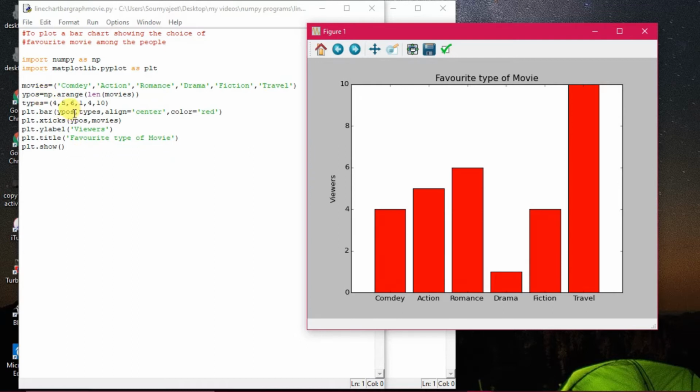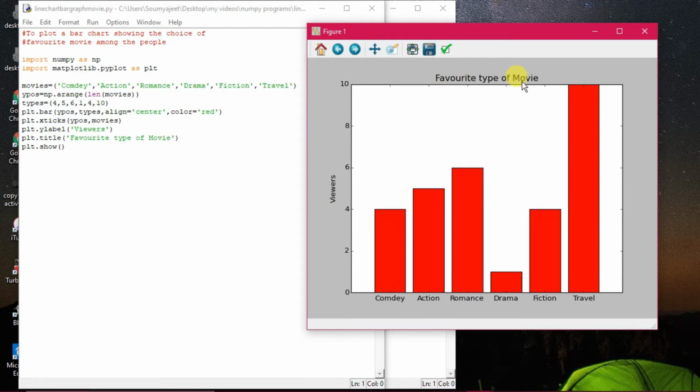So y_pos is the one calculating this. Whenever we are plotting this bar, we have to give this y_pos, so it will give you the width and all. y_pos, types, align center, color equals red, and y_pos comma movies, and the label has been given as viewers. Okay, and the chart title has been given as favorite type of movie.